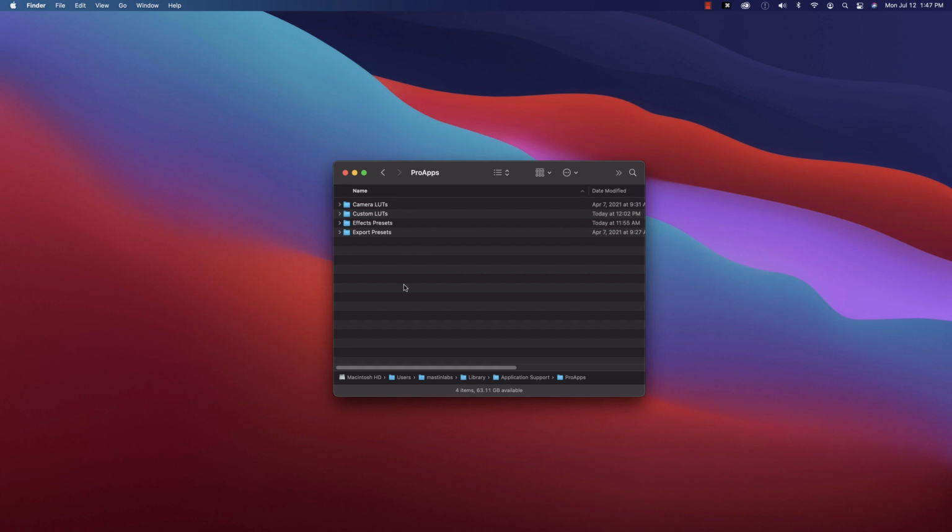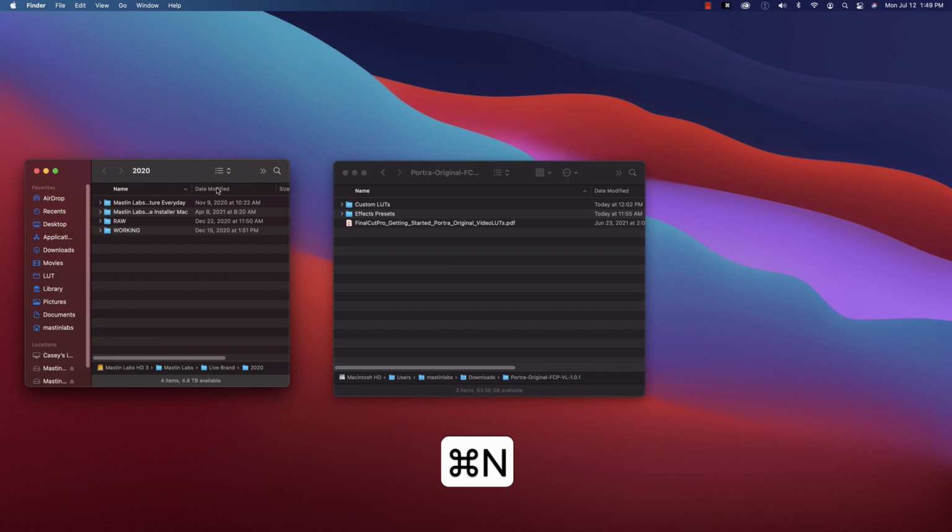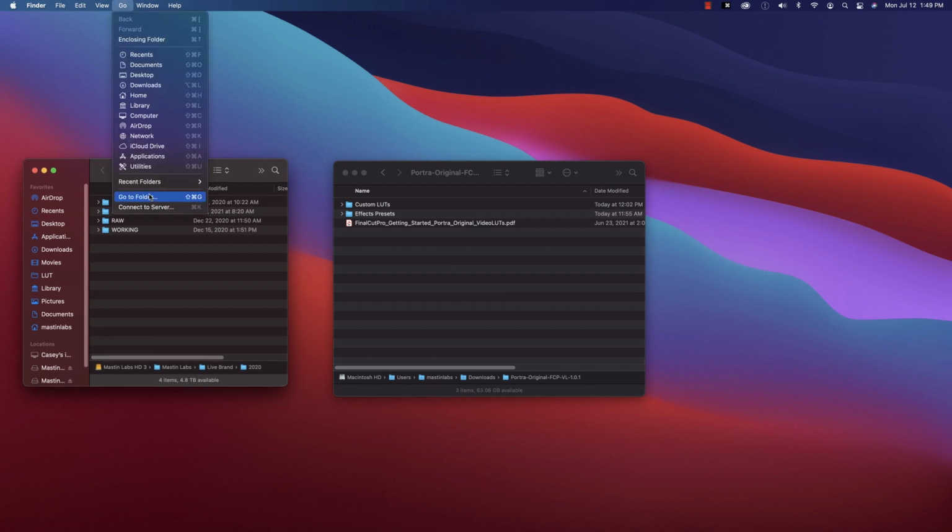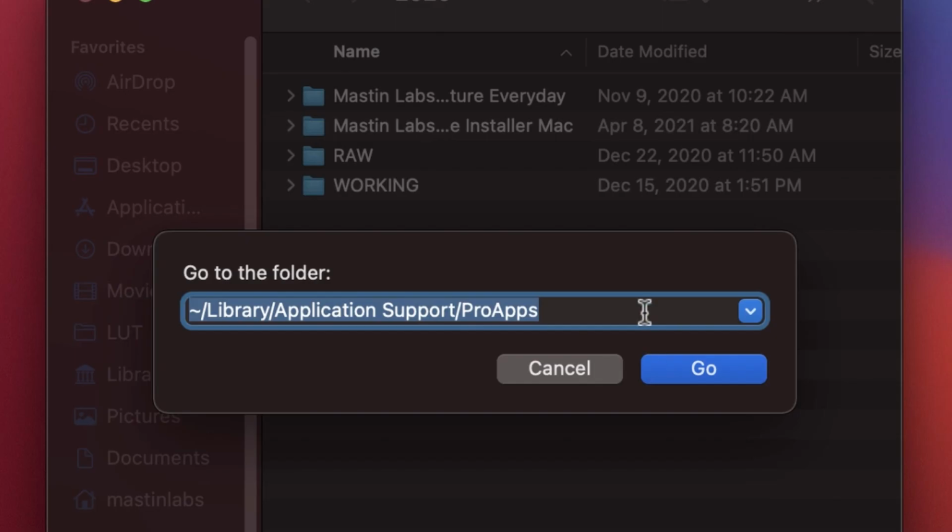If the folders Custom LUTs and Effects Presets already exist in your Pro Apps directory, follow these steps. I'll go back to our main download folder, double-click the download folder, and instead of copying and pasting the entire folder into the Pro Apps directory, we will simply move everything inside into your existing folders. Open a new folder, go to Go to Folder, type in this path name again,